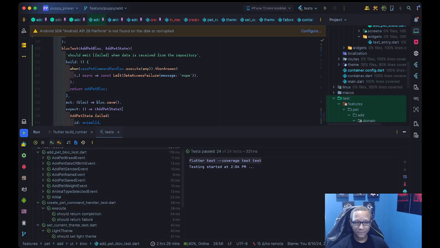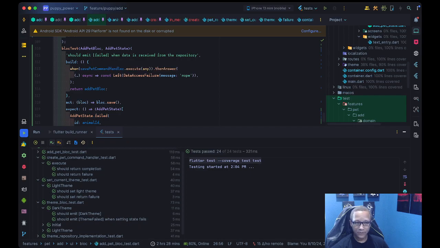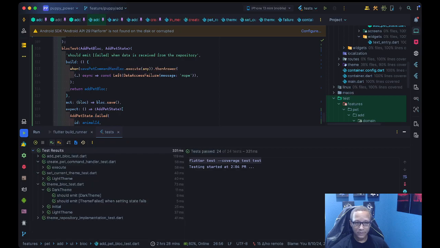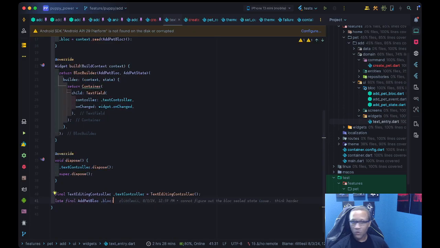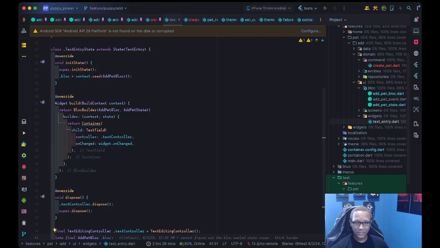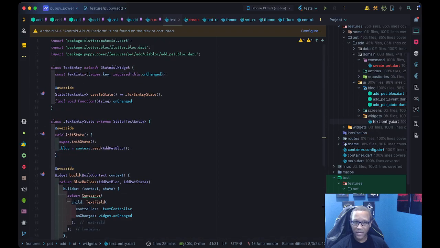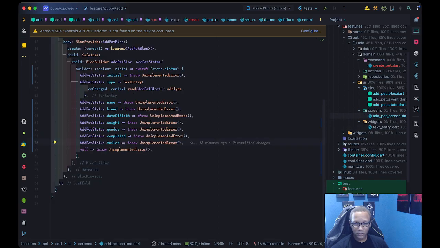All right. Yep. Add pet block, create pet command handler. All right, I think I'm happy with where I am. We've got a set of 24 tests, and everything seems like it's moving in a good direction. Next week, I think what we'll do is we'll work through the UI. I've got this text entry bit that's already here. This is what I didn't show you. I have this text entry bit that I wrote that I'm gonna try and style and make sure that it looks like the appropriate thing, and I'm gonna put it on this AddPet screen where I've got all of my